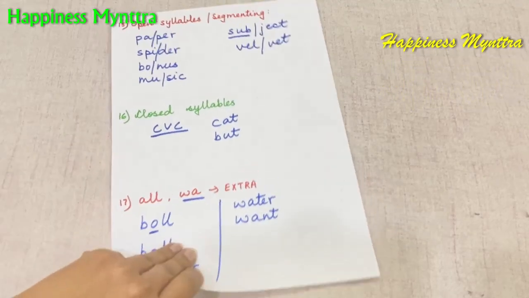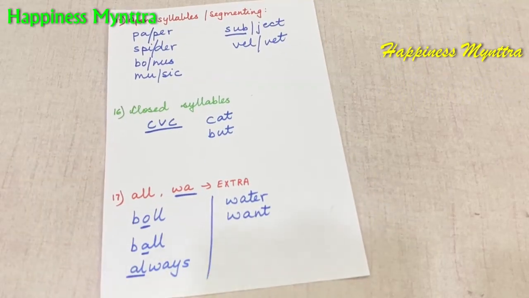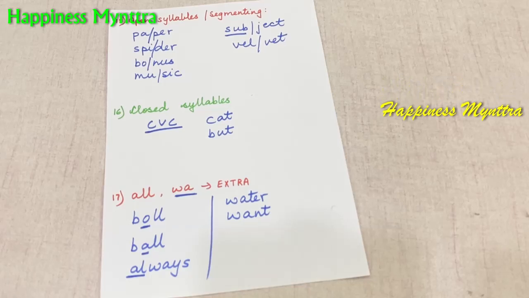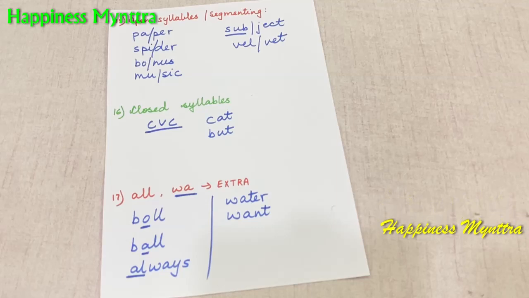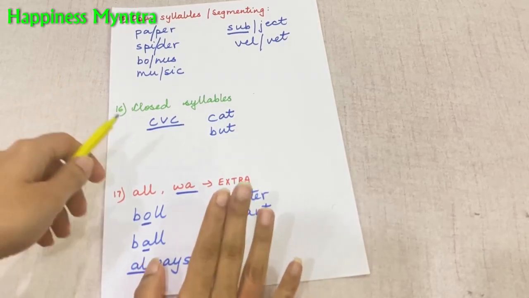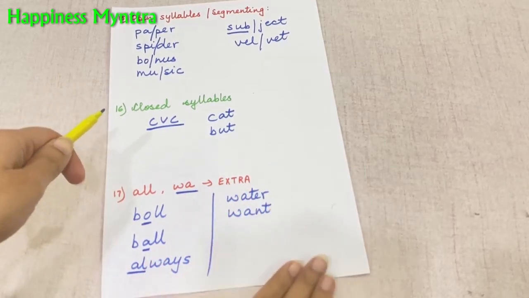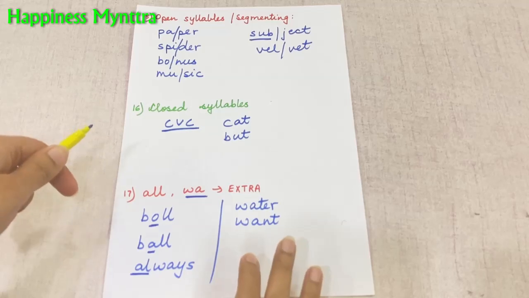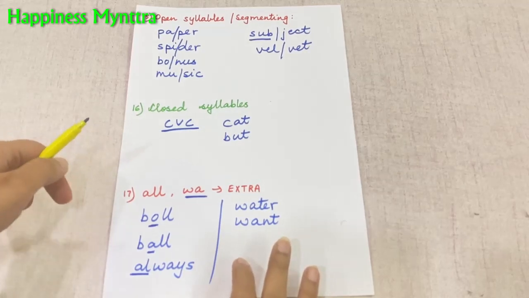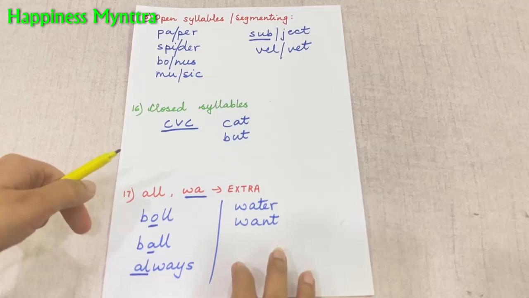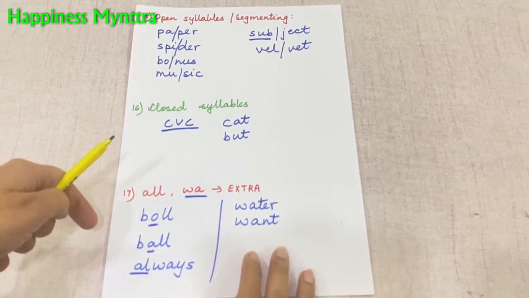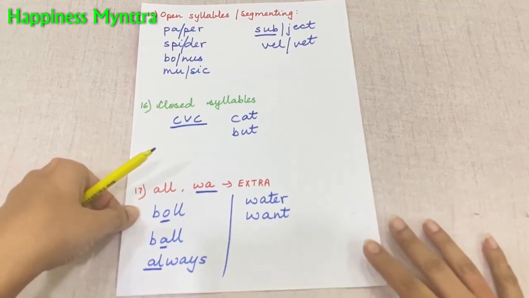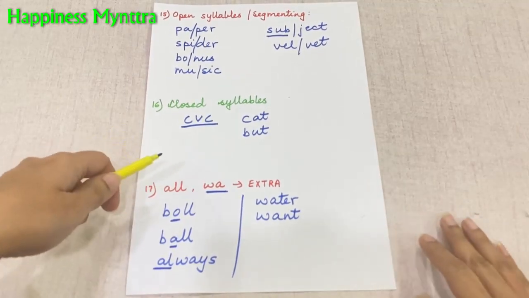So we're done. Once the children complete all this, and in conjunction they have been reading a lot of sight words, they will be reading books and paragraphs in no time at all. Now the rules for phonics cover about 50 to 60% of their reading. If they're clear with all these rules, that much is taken care of. The rest of it is all about practice. English has many exceptions, and the children need to be clear on each exception to be able to understand it better and to read fluently. Happy reading, happy teaching.